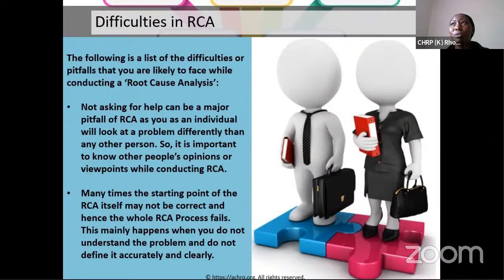If you go with it with a closed, biased mind or a know-it-all mindset, it may not work very well. You remember I kept on saying, especially at the explorative stage, when you're trying to understand the problem, you have already defined the problem, but there are a lot of complaints about the defect. There are a lot of complaints about maybe the shipment, the procurement. There are a lot of problems that when someone went on leave,